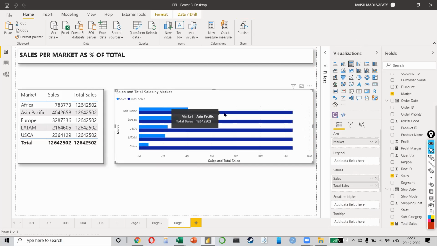What is this purple line? The purple line is a fixed line, 12.64 million, 12.64 million, 12.64 million. And this blue is always changing like this. Such an interesting way of presenting the data, right? You have one fixed bar and all the others are adding up to become that bar.